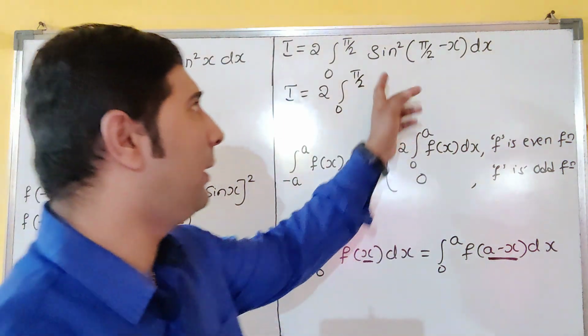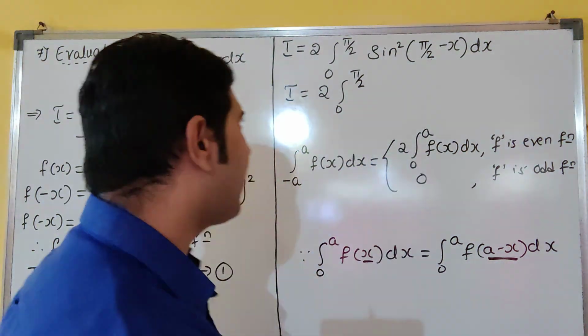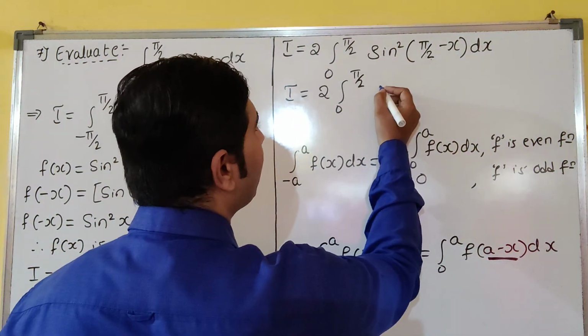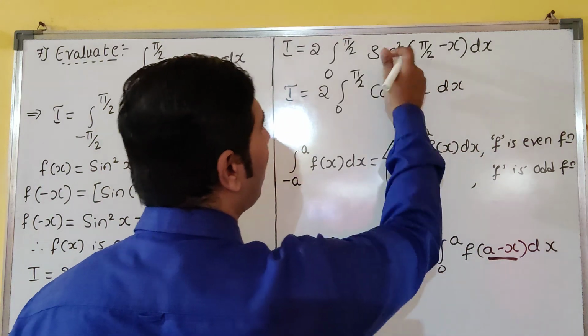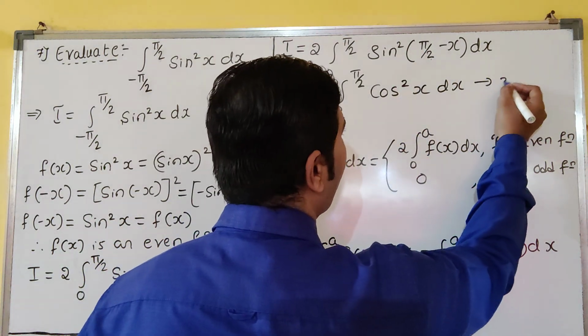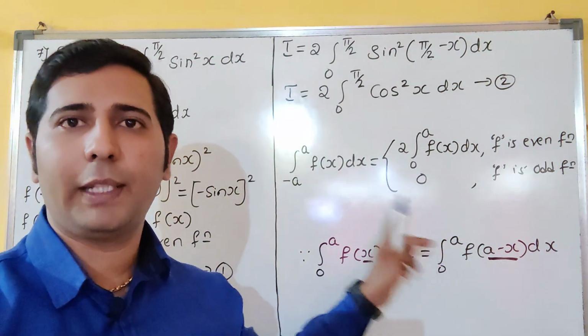So now see, sin 90 minus x is what? In 10th standard you have learned sin 90 minus x is cos x. So cos square x here, because the square is there, no? I will call this equation number 2, dear students. So this one I will erase. Please copy up to this.